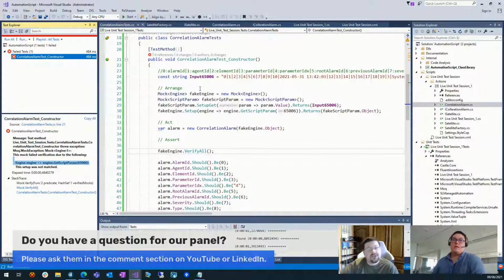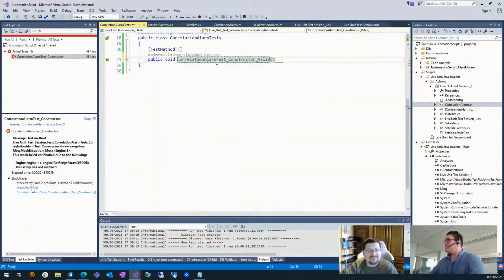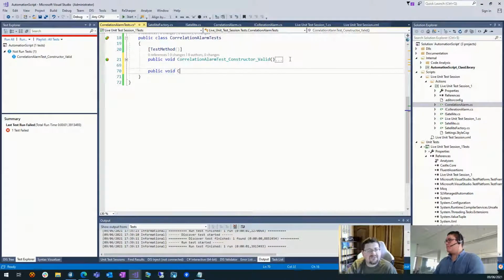Well, you could create a correlation alarm with just empty properties. That's one option. But for a constructor, usually you're going to want to throw an exception, but a good one that indicates what's wrong. So let's make a new test method. And we're making a new test method because our input of the constructor is going to be different.